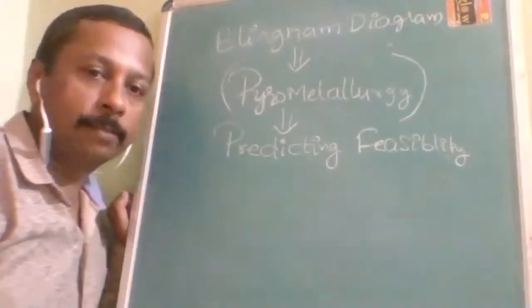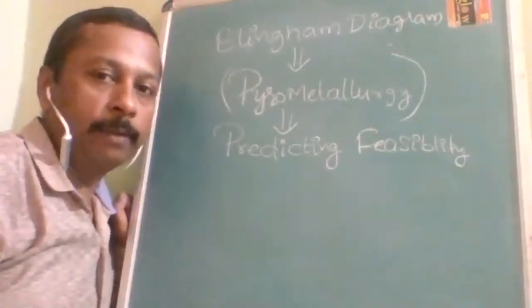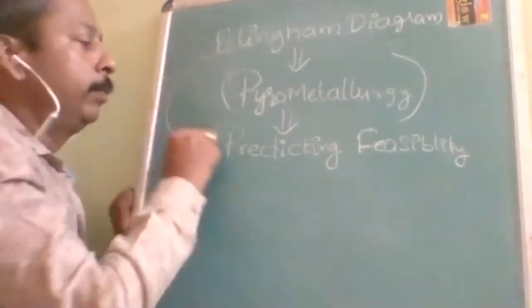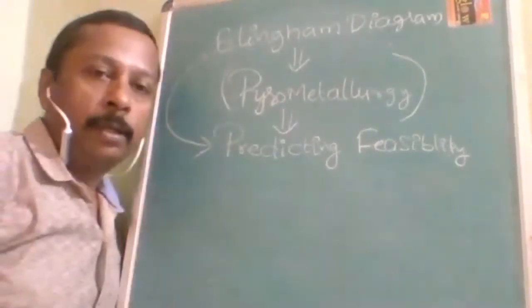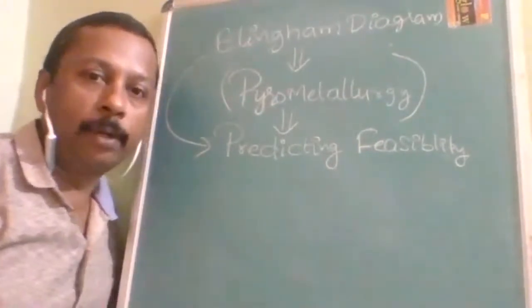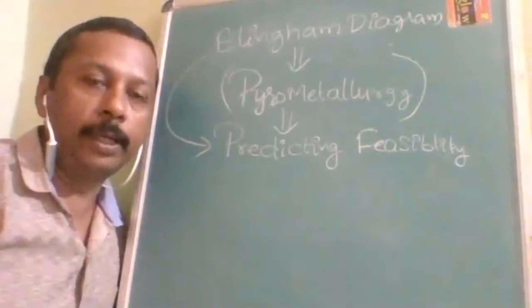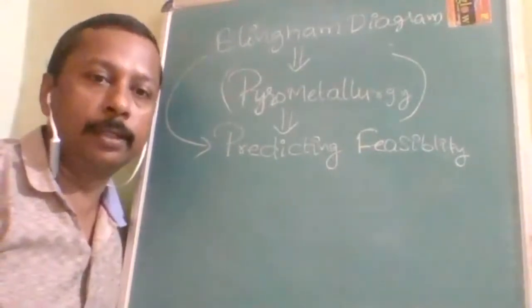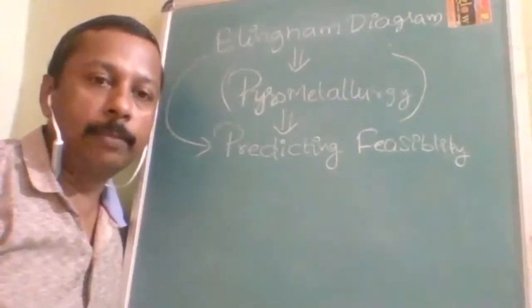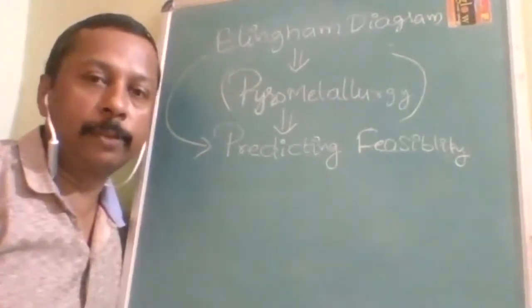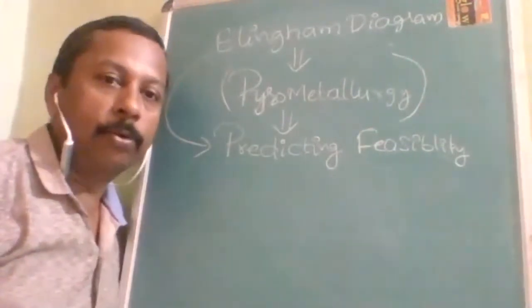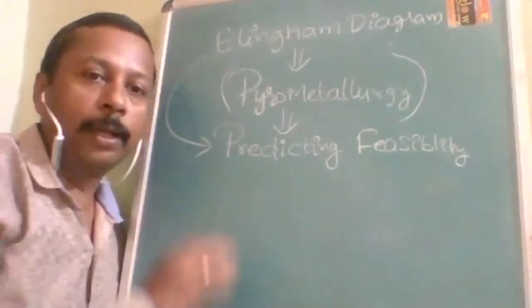A lot of expense will be saved in metallurgy if you are perfect with the Ellingham diagram. If you happen to become a chemical engineer in future, it is going to help you a lot. From a career point of view and from an examination point of view, it is scoring. You only have to work hard for some minutes, with a lot of concentration, and make a good note of it.